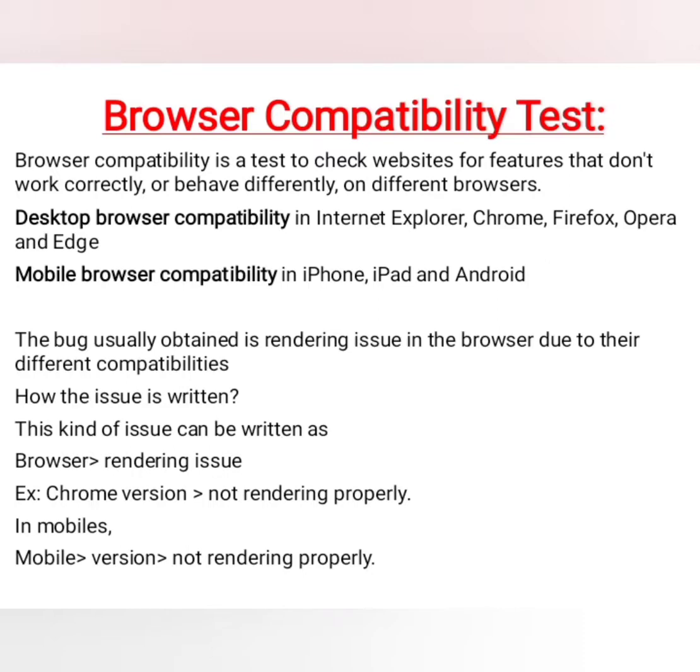When the client is sending an email promotion to any customer, this email promotion needs to be tested in all types of browsers, both on desktop as well as mobile. On desktop, we use Internet Explorer, Chrome, Firefox, etc. On mobile, we go for iPhone and Android, in Safari or Google Chrome, which are the most useful browsers used on mobiles. So these browsers have some compatibilities.